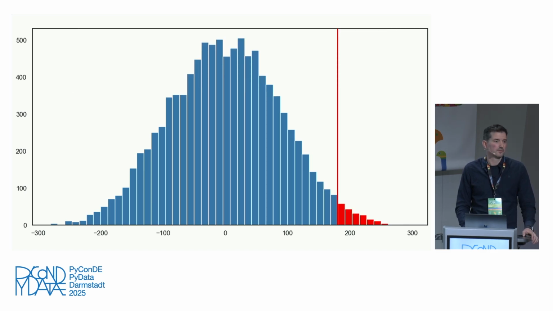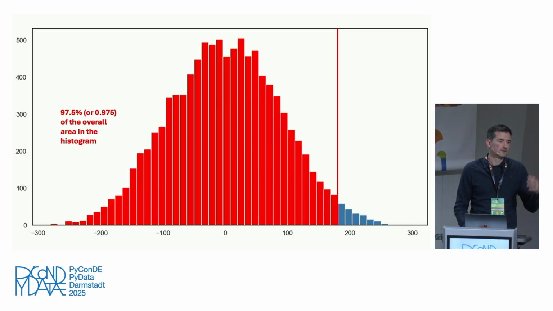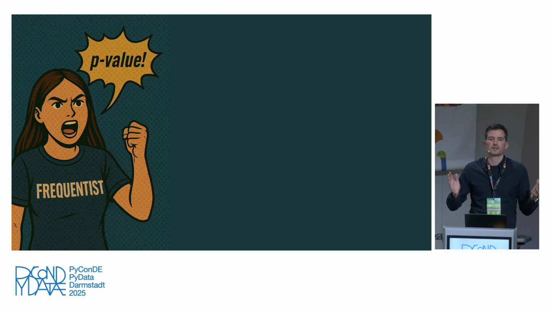And then we just say, if you look at it from a histogram perspective, how big is the area that is 172 or more extreme, which in our case is higher because we're interested in whether it's performing better, compared to the overall area. And in this case, it's 2.5% or 0.025. You want to do it as a fraction, which means the rest is 97.5 because everything is 100, of course. And now you have this number, so okay, that's the p-value, which, if you just use the resampling methods, that's it.